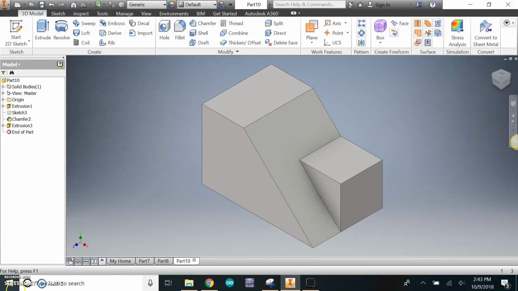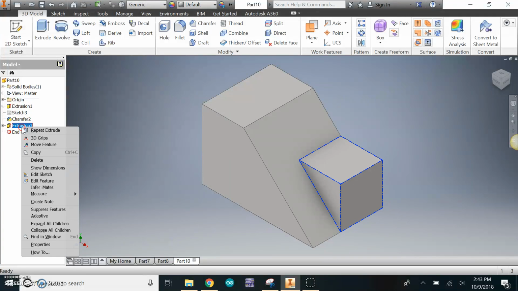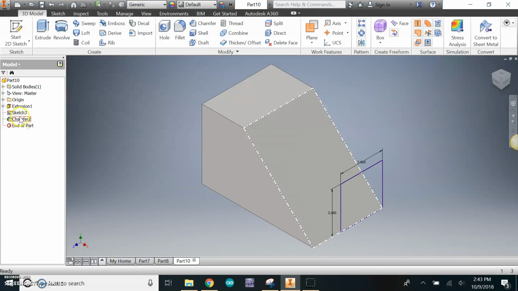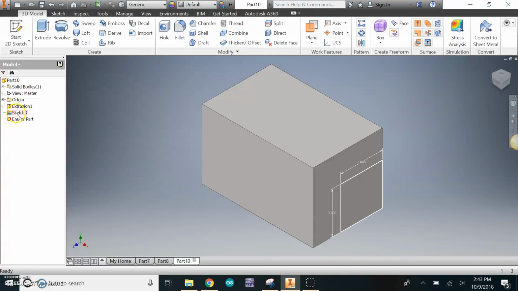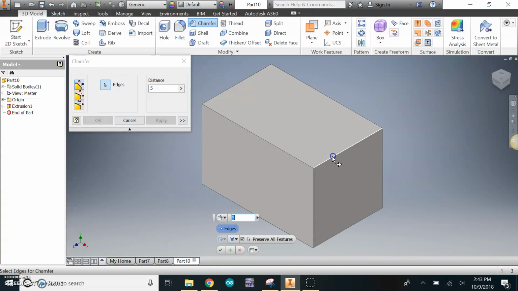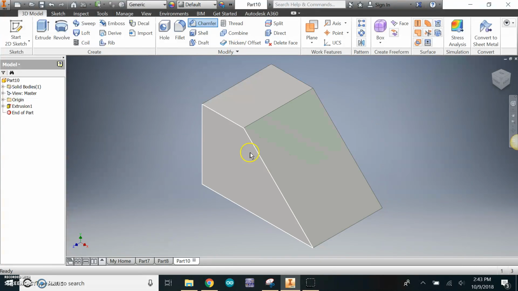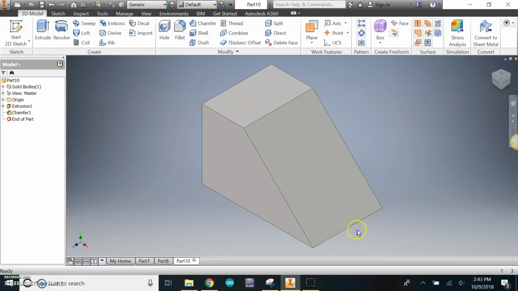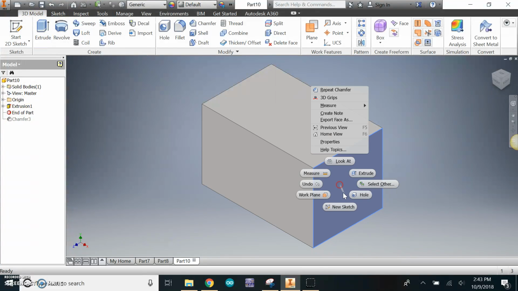And then the last method is, I think, pretty cool. It's using the end of part tool. So I'm going to go ahead and get rid of that, get rid of that. And the last method is, if you've already chamfered 5, but then you're like, oh no, I need to add a sketch back here. You can drag this end of part tool up above the chamfer, so it's like starting before you had done that move. You can go ahead and sketch on this face,